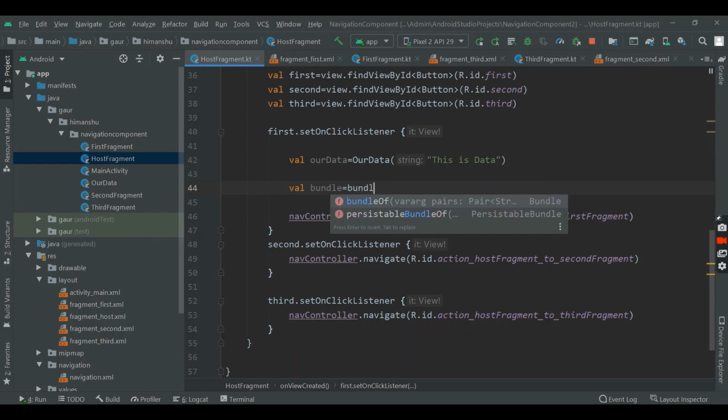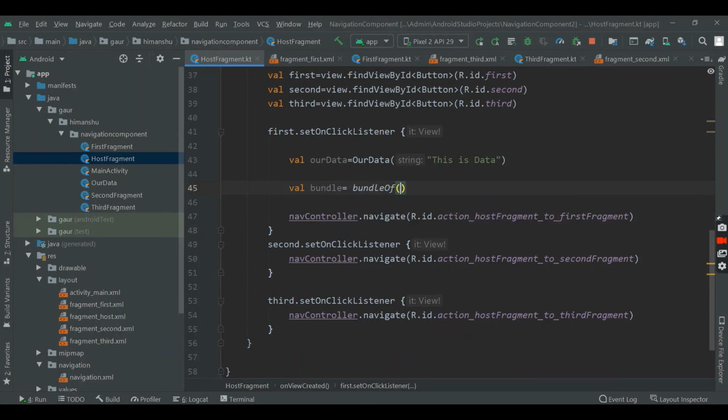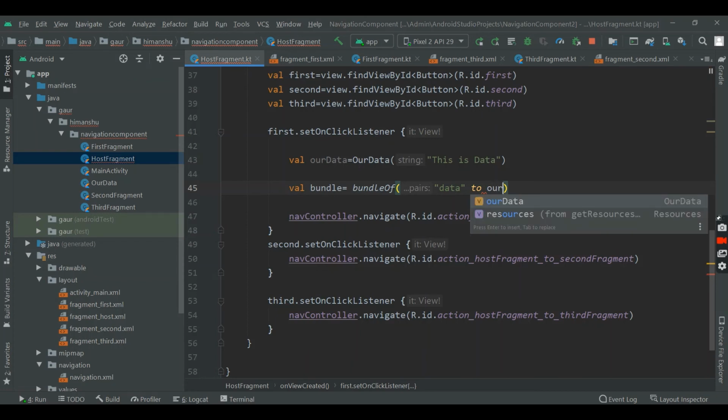Bundle of, so our key is data, or you can say the name is data, and I want to send this our data.